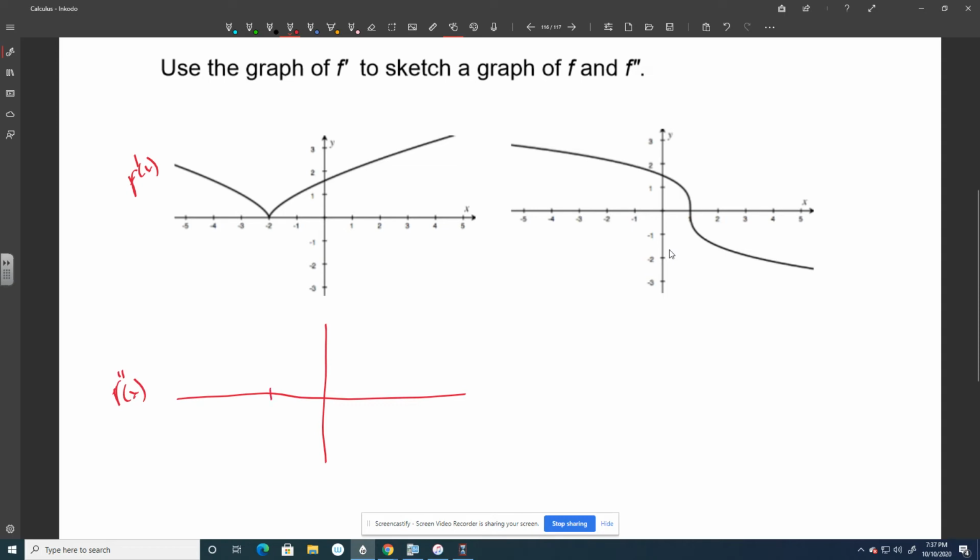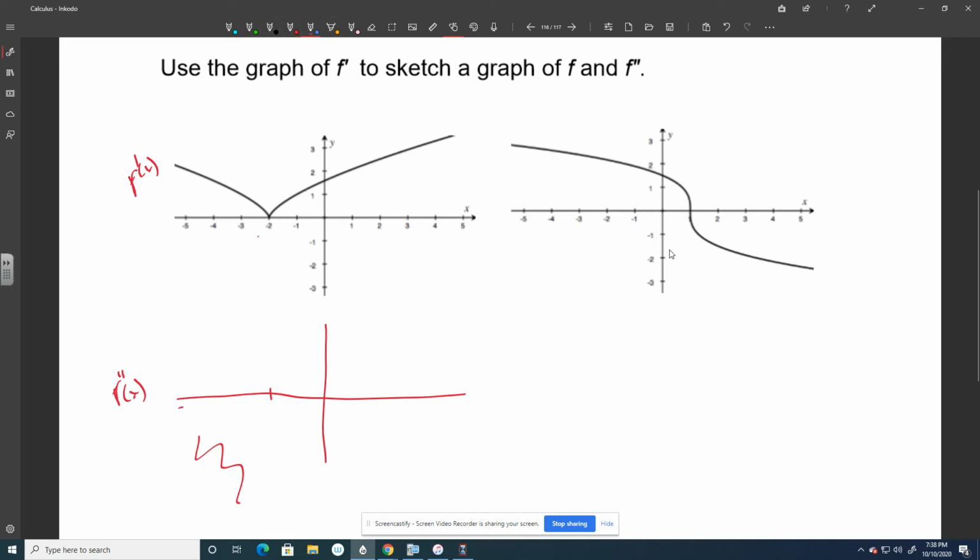So I've got this point -2 that seems important because, remember, f double prime looks at the slopes of f prime. So my slope is negative. So that means my values are going to be down here. My slope is negative, and as I approach -2, my slope is getting steeper and steeper and steeper, and it's getting really steep right as I'm getting to -2. So that means right here it's negative, but it's not very high negative. And then as I approach -2,